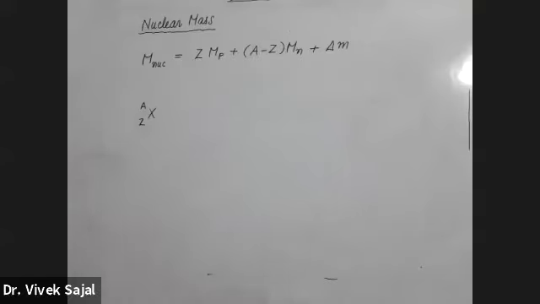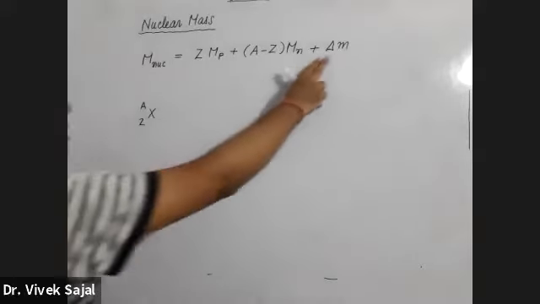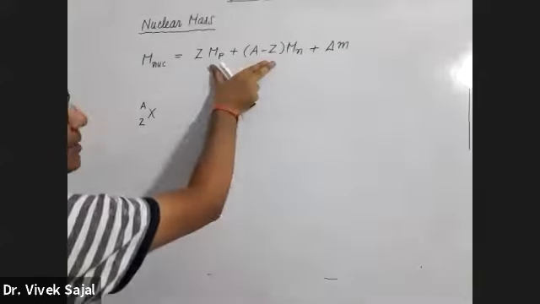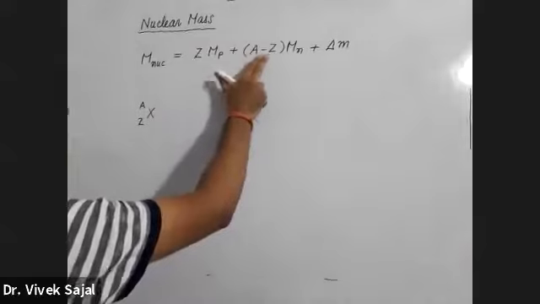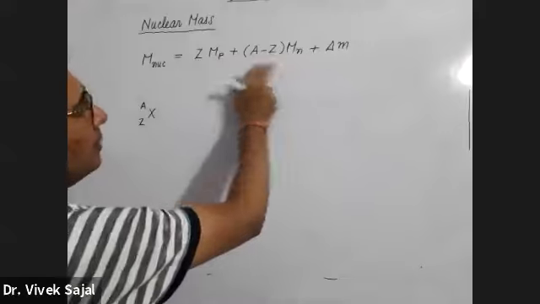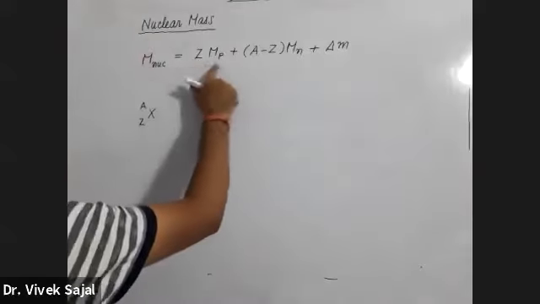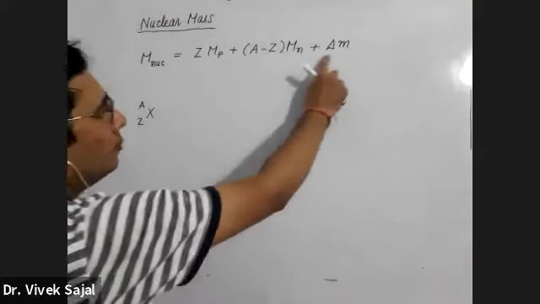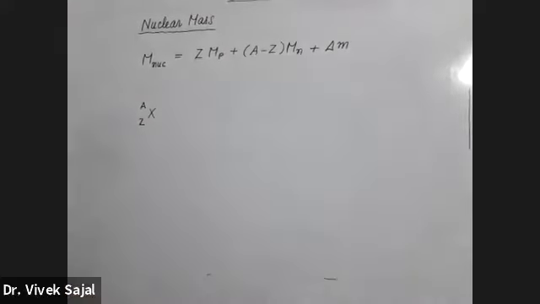You already know that there is lost mass. Basically, what is lost mass? Lost mass is the difference in the masses of these constituent particles and the actual mass of the nuclei. Or you can say when a nucleus is formed with the help of these particles, a small mass is lost, and that is known as lost mass, also known as mass defect. Okay.